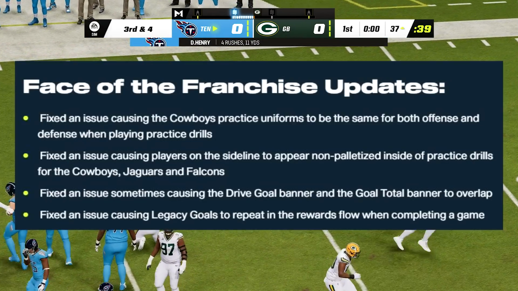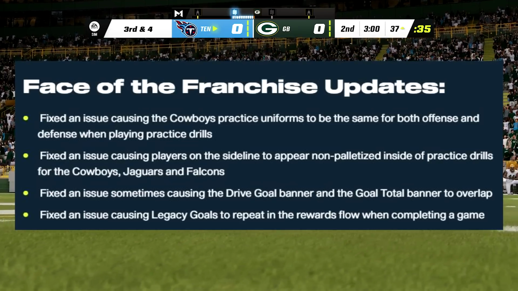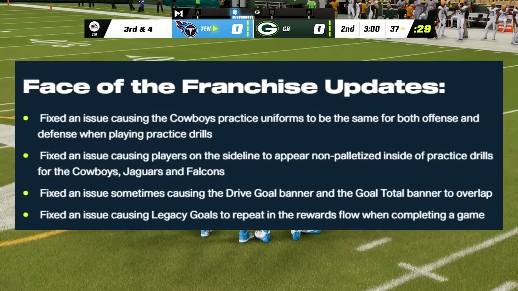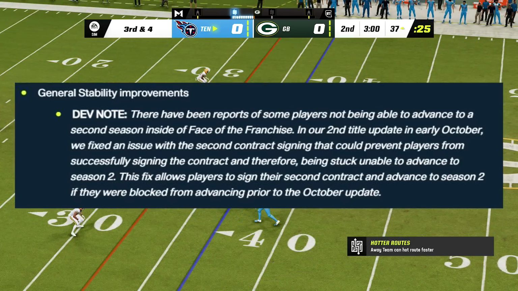They also did some Face of the Franchise updates as well, which I'll pop up on the screen right here. They're just some little bugs. These might have been things that a lot of you weren't even running into, just kind of little annoying bugs that were in the game. A lot of cosmetic stuff it looks like, but there is a dev note here under their general stability improvements